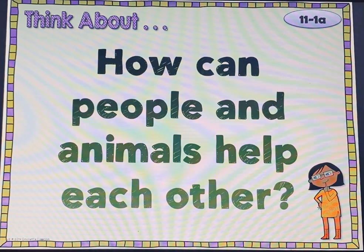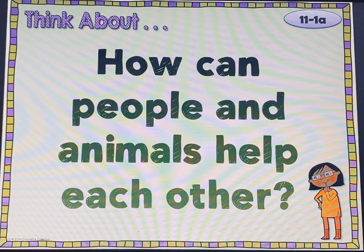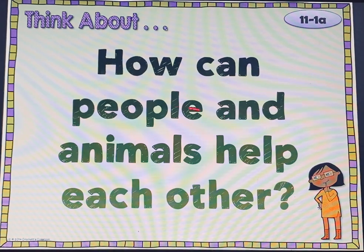So what I want you to do is think about ways that people and animals help each other, and we'll do a check, pause, play here. That's just where you're checking your answer and giving yourself more time to think. So every time I say check, pause, play, all you're going to do is push pause, come up with an answer in your head, then push play when you're ready to check. Okay? All right,